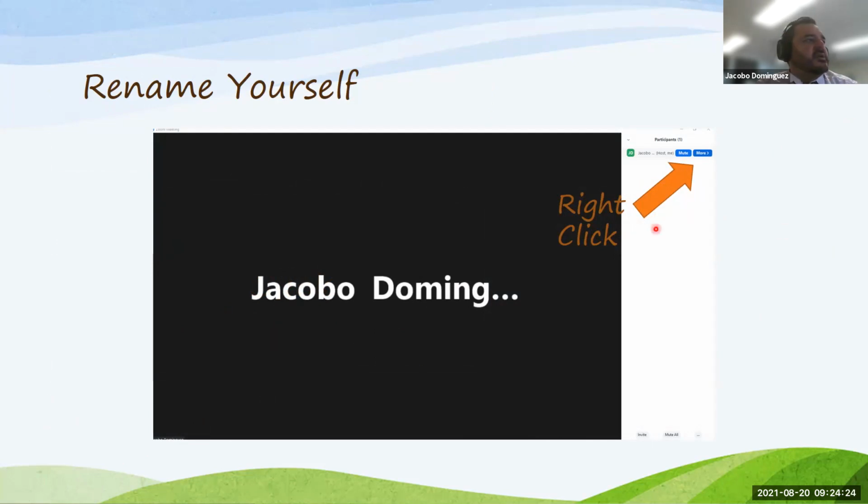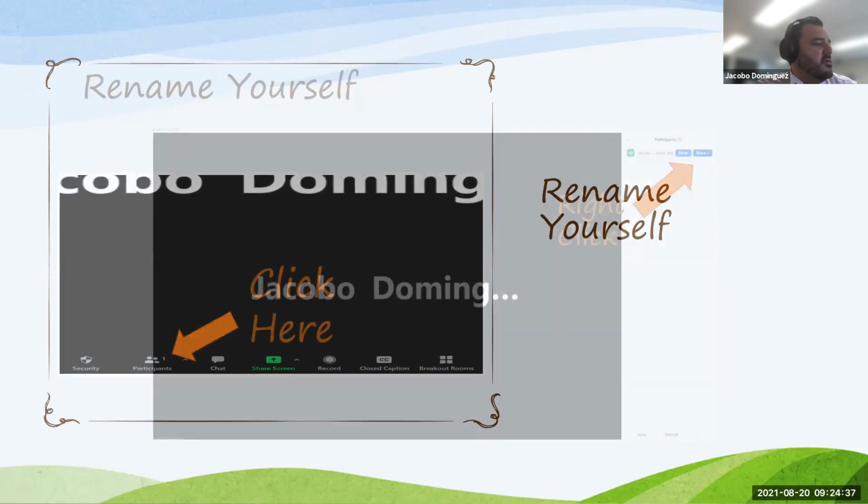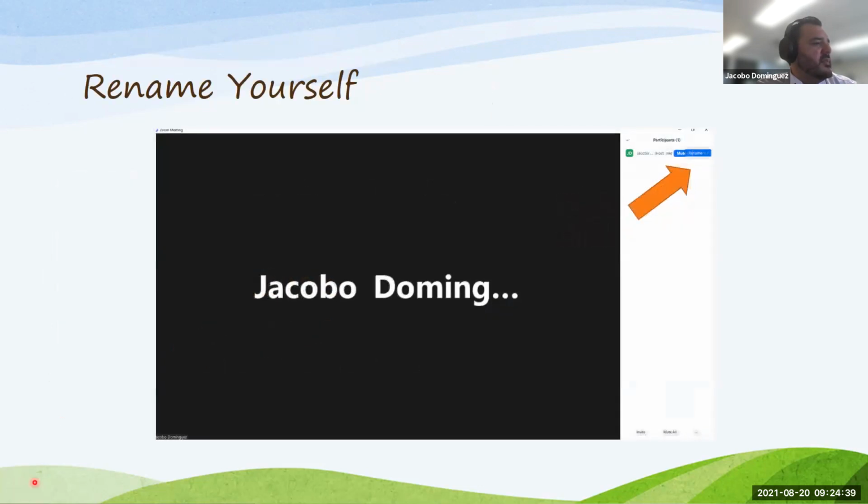Okay. And you actually don't have to right click. You can just click on it. And when you click on it, what's going to happen is you're going to end up with the screen. There we go. One more. When you click on more, you should be able to say rename. Okay. Rename. And what you want to do is rename yourself to something that the host will be able